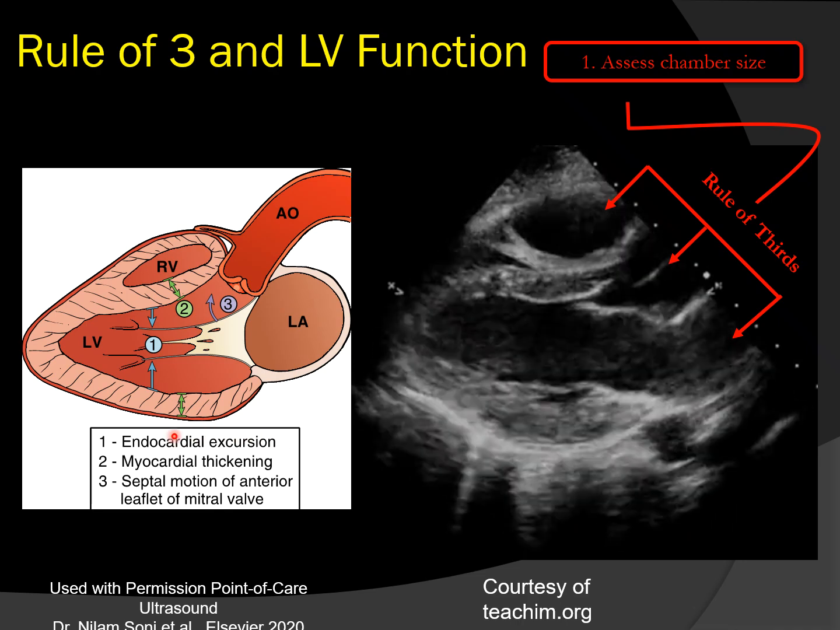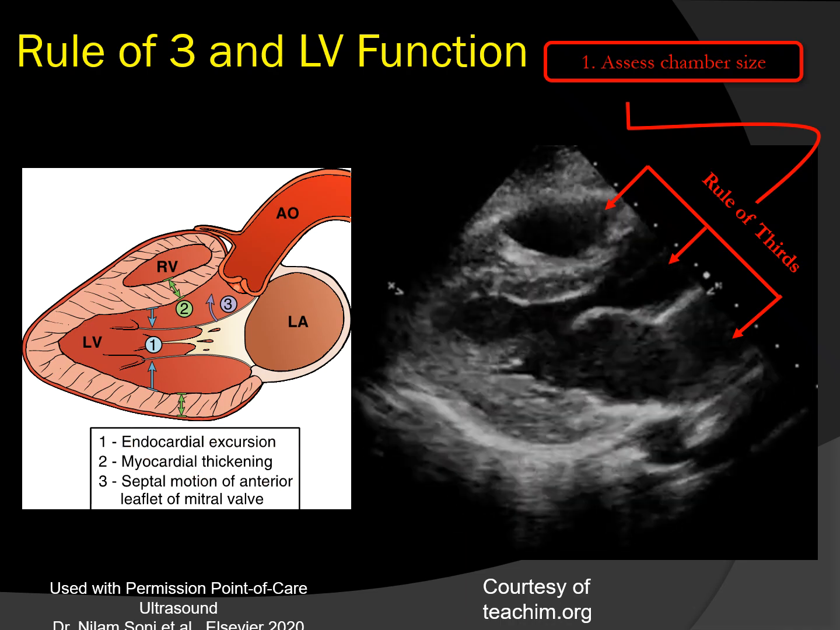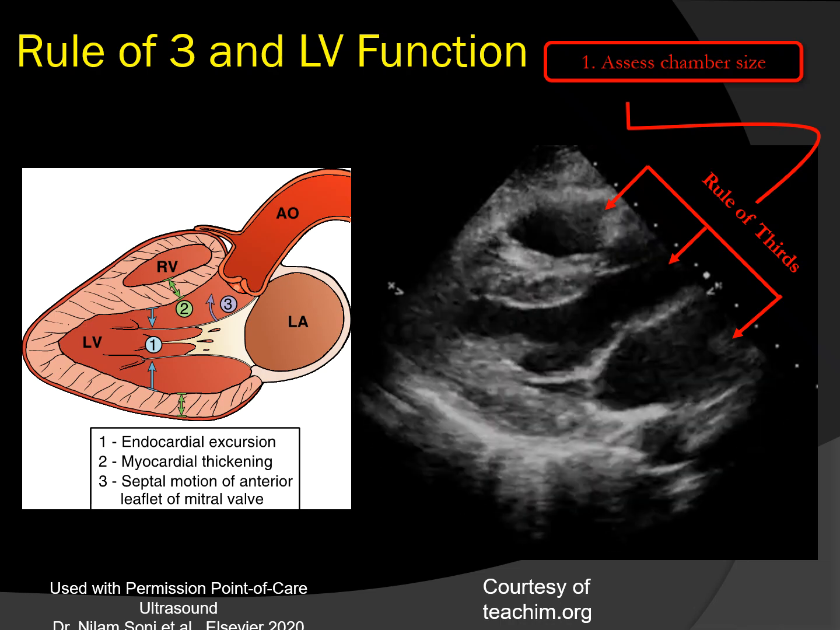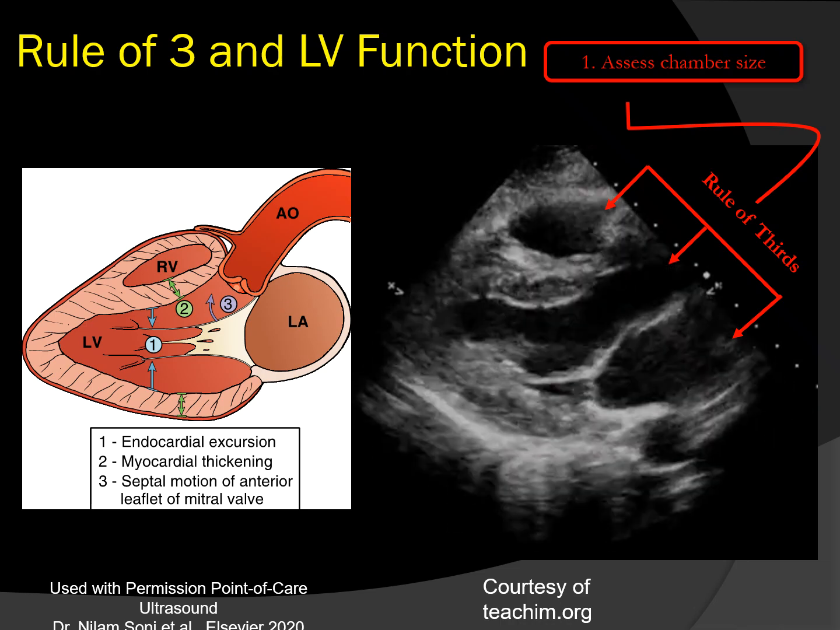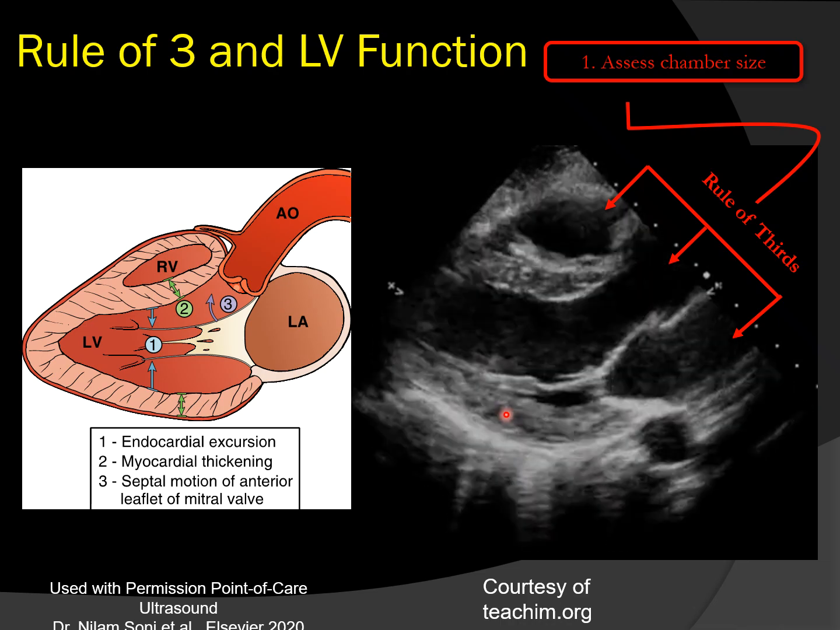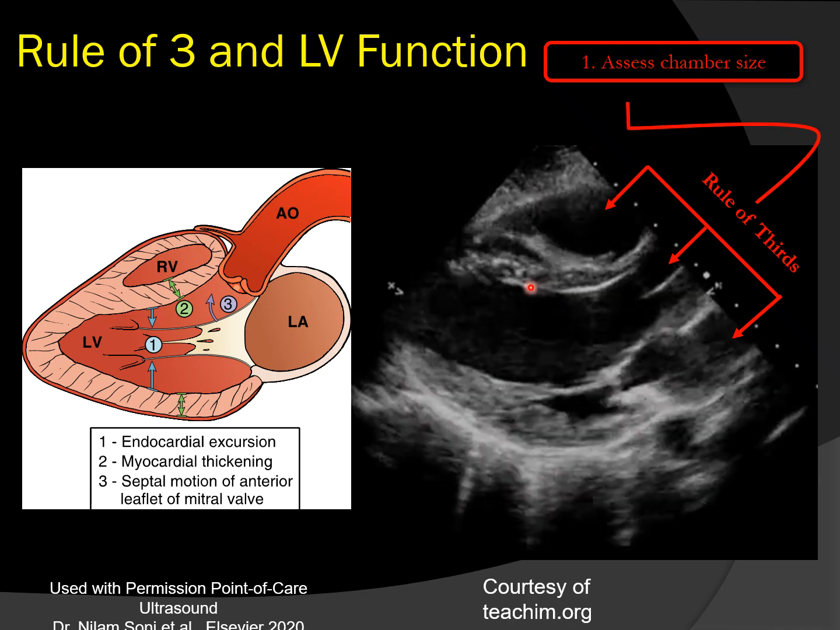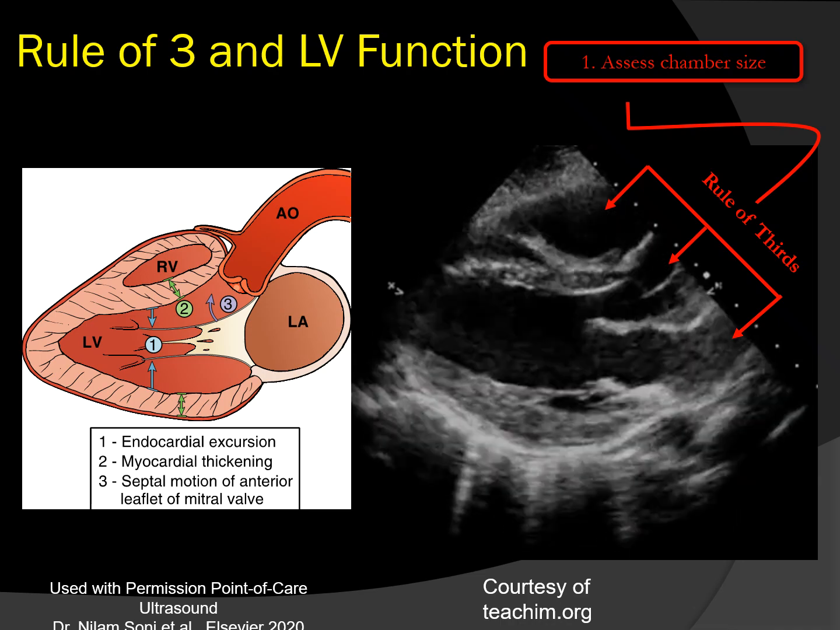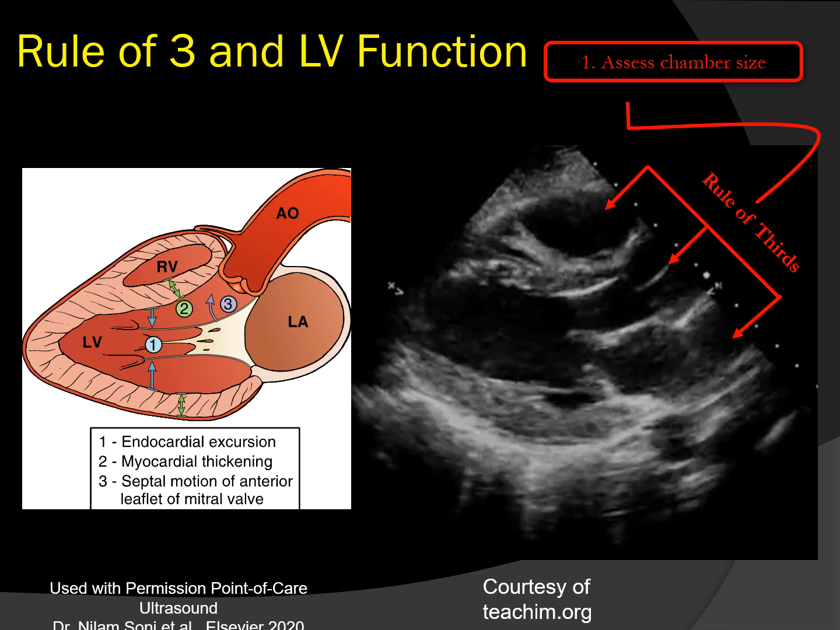Also, myocardial thickening is the second sign that we'll see in evaluating left ventricular function. And the myocardium should thicken by 30% or more. And you can see the thickening in the inferolateral wall and the septal wall. And again, this is an eyeball sort of view looking for a 30% increase in the thickness of the myocardium